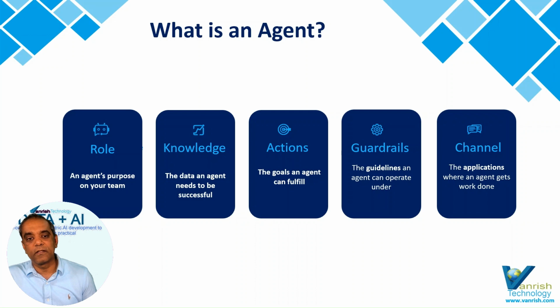And then the last one is channel. Channel is basically where all this information is going to be enabled for you. Suppose you are working on a Slack channel or on the Marketing Cloud side, that channel is enabled and all information is enabled for that particular channel and will serve you. These are the properties needed for an AI agent, and that is also part of Agentforce. So I can also define the different types you can go with. What are the AI agent types?